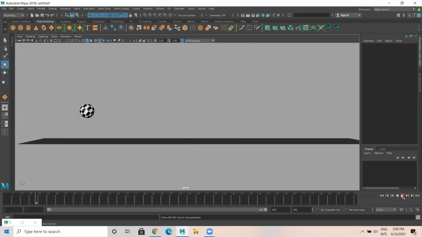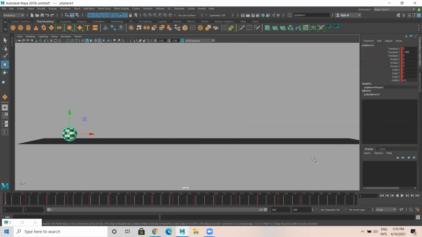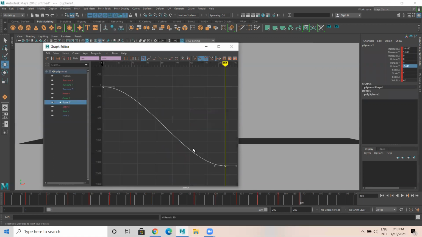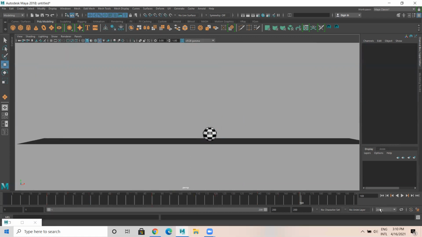Now see. Oh, this is reverse. So select this. I'll come to 169. It's simple, minus 1440, key. I'll come over here. Rotate Z. Yeah, this is fine. Okay, this is too much. It should not rotate so much.